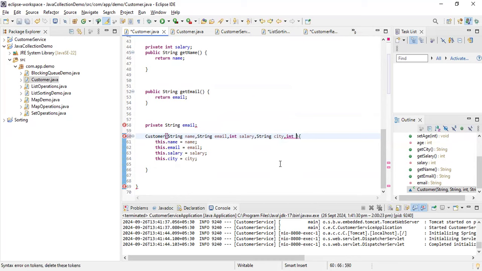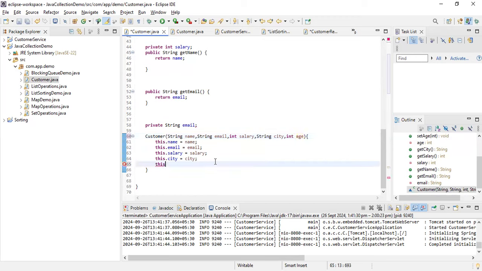So if it is constructed through the constructor, it means these values are set and these are private variables. Another thing is that there is no public method accessible outside of this class, correct? So that is also very much important.